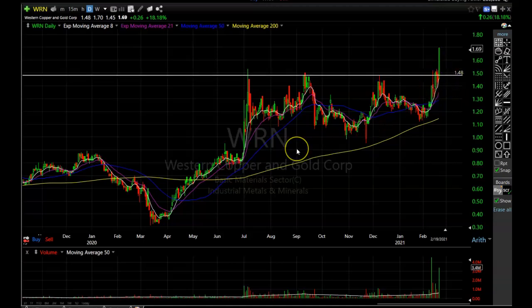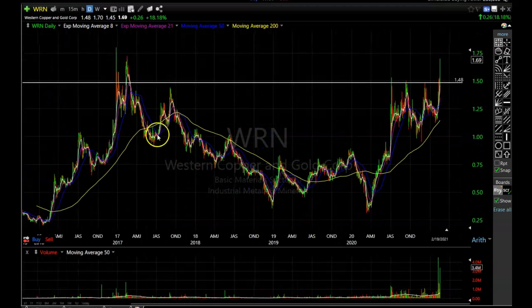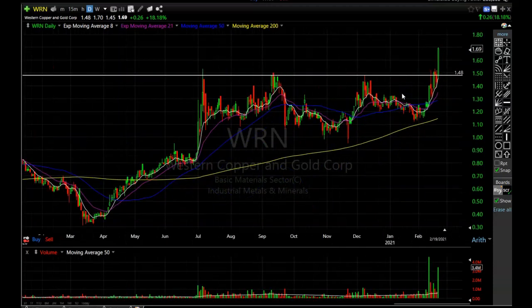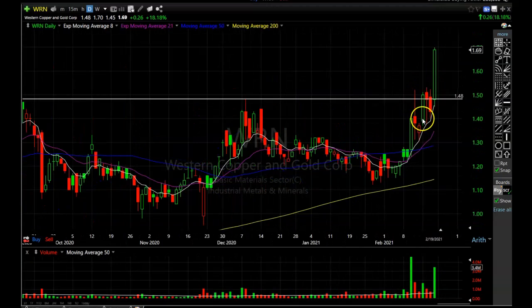I can't remember right offhand, but it is making a super, super dynamite pattern, busting through that resistance area. And if we back it out, we can see just a huge rounding bottom that took many years, and now it is bumping up against that support area, and now it has broken through. You can see it was fighting with it for about 4 days in a row, and then finally you got